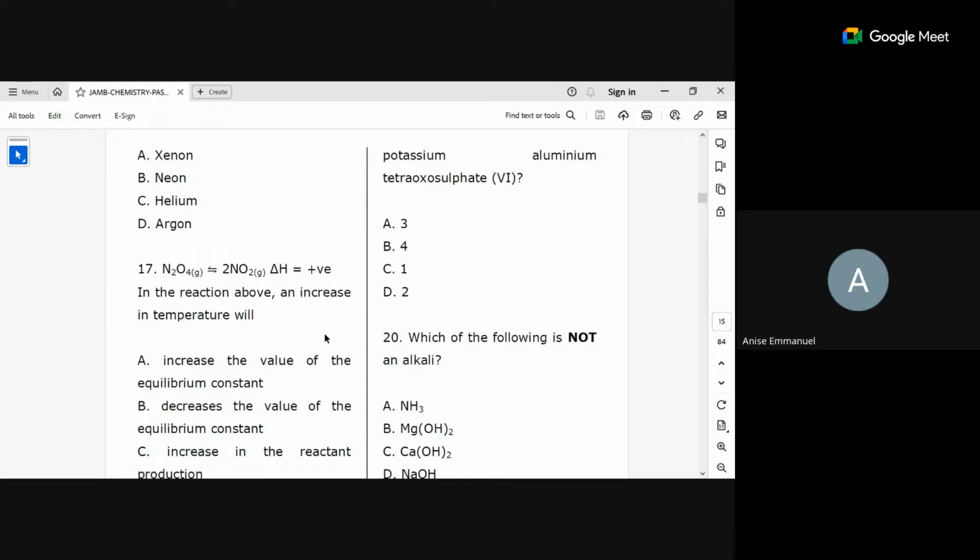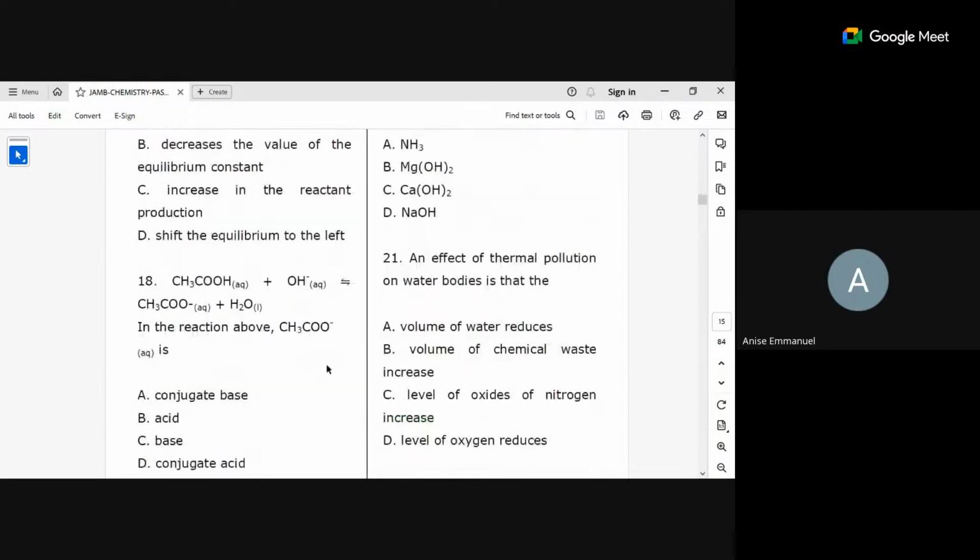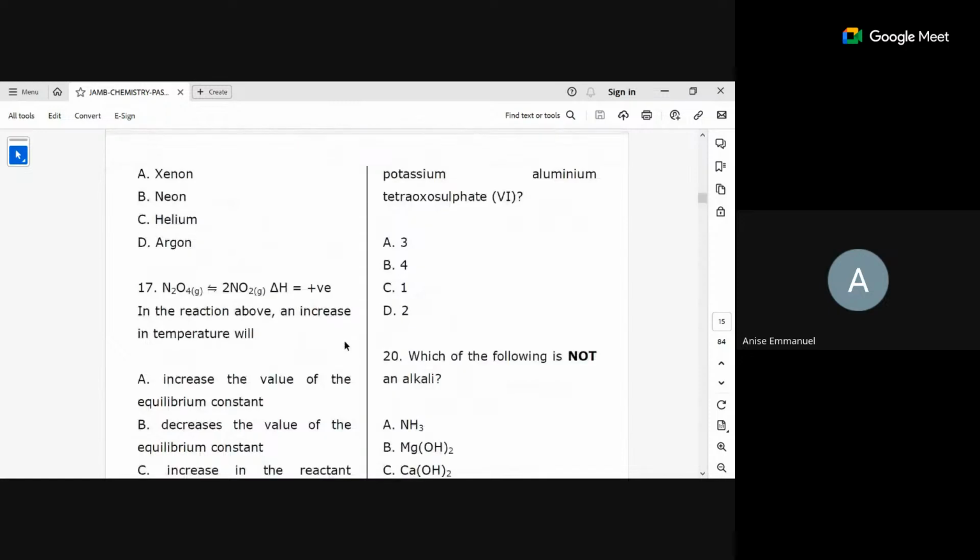I've answered the question already. So when you look at it, how many cations will be produced in the solution? So far, are you able to understand? All these things have been explained when I was talking about acid, base, and salt. I discussed the types of salt: normal salt, acidic salt, basic salt, double salt, and complex salt.